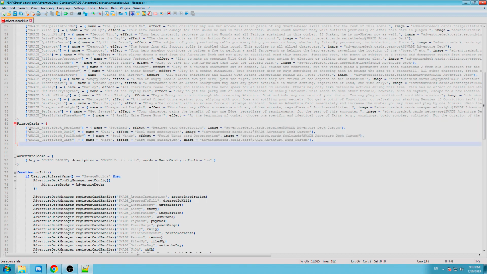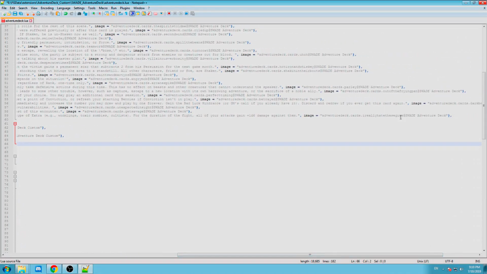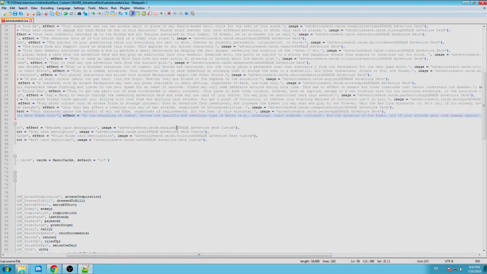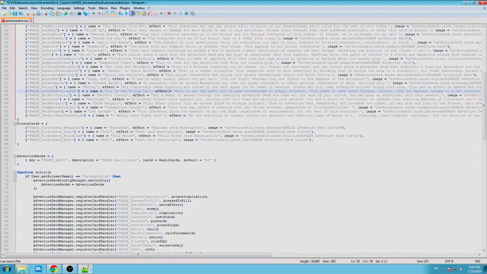So as you can see, it's got the name of the card, the actual proper name of the card, it's got the description of it, the way we entered it, with all the spelling mistakes as well, and a reference to the image we'll later create for the module. If you will notice, it is slightly different because these refer to the regular adventure deck, but we will be creating custom deck images. So in order for these cards, the original cards, to refer to the same module,